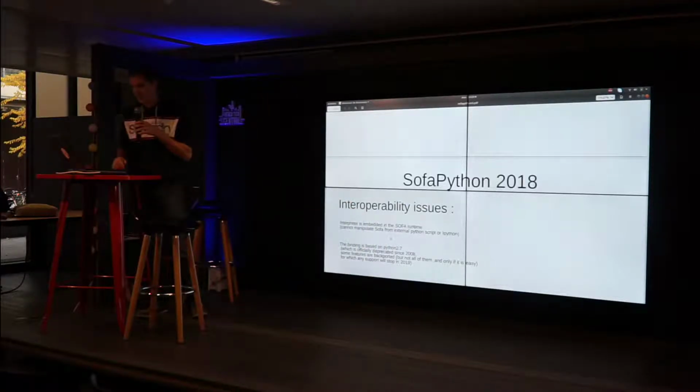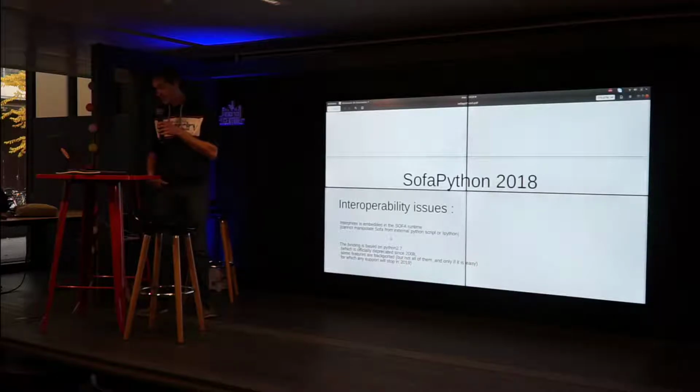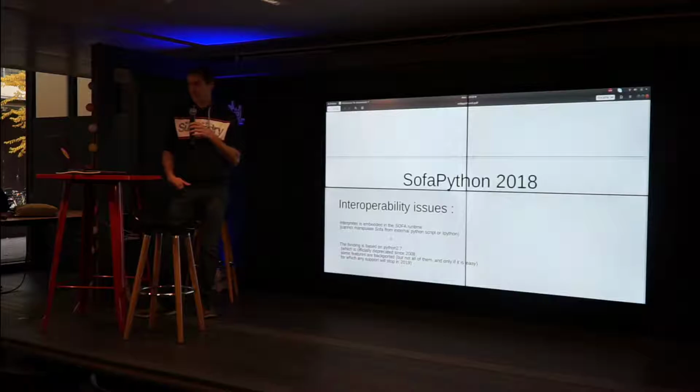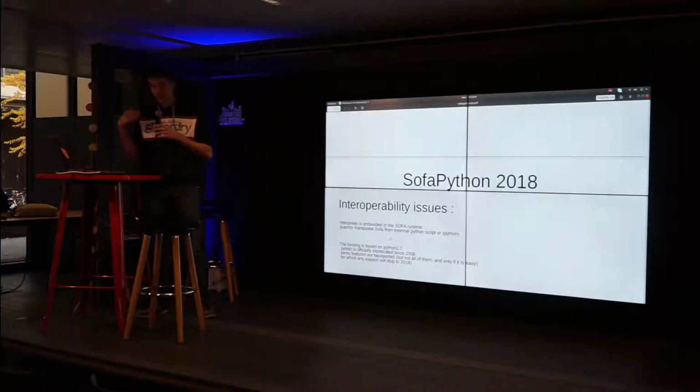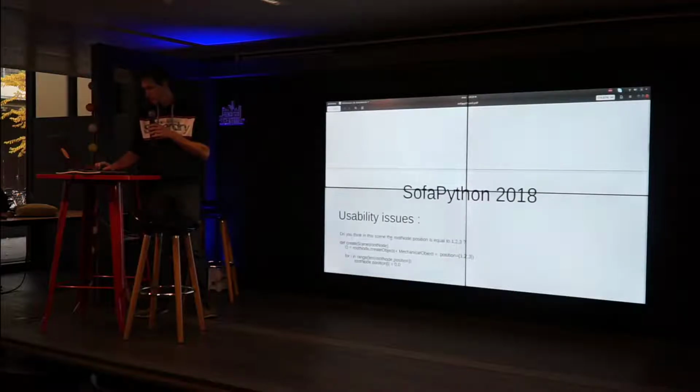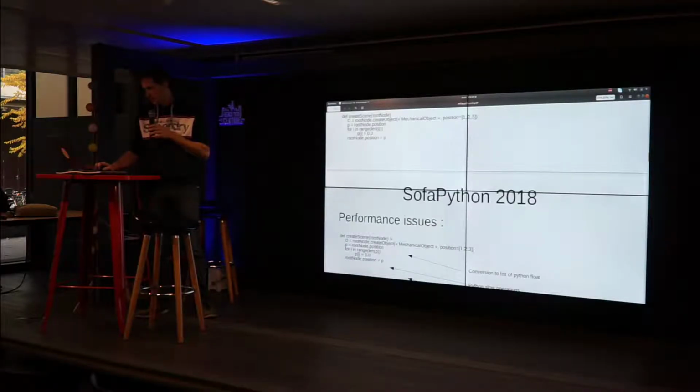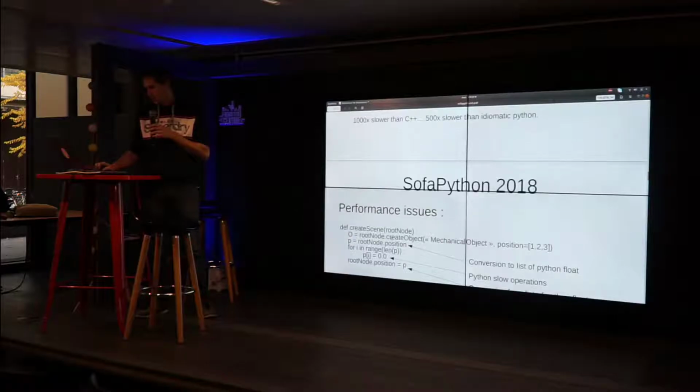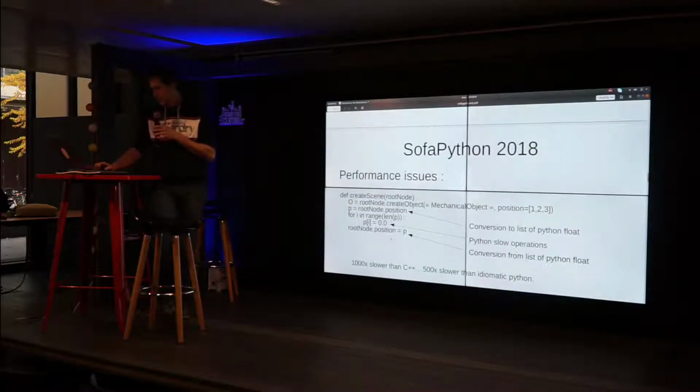It's deprecated officially since 2008, and now the support is completely terminated. So we absolutely need to upgrade to Python 3, and that's why we started the SofaPython3 project.